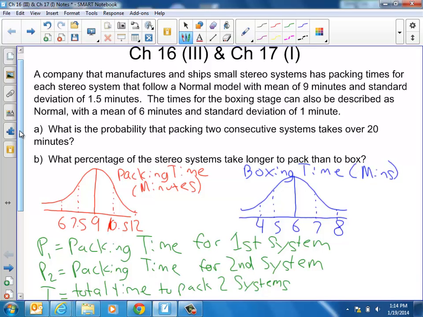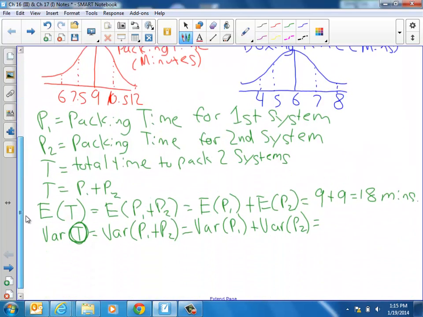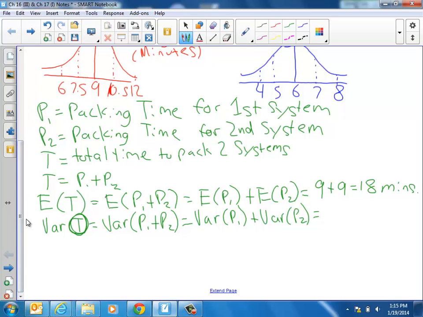Note in red here for this normal bell curve, they did not give us the variance of the packing time for one stereo system. They gave us a standard deviation of 1.5. Remember, standard deviation is just the square root of variance. So if we want to find the variance from the standard deviation, you square the standard deviation you're given. So that's equal to 1.5 squared plus 1.5 squared,